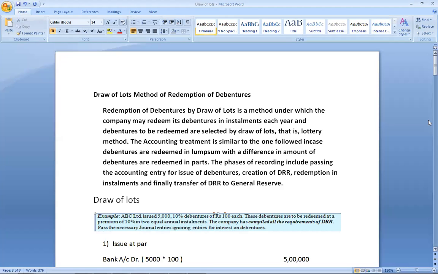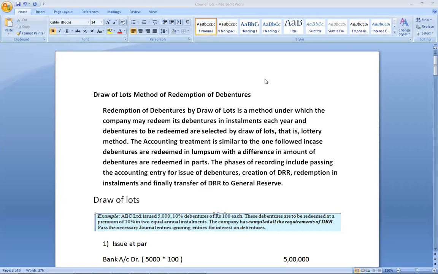We are paying back money in a bullet, okay, money at once in lump sum. But in case of draw of lots, we are paying the money in installments, and you can redeem the debentures by calling them in a lot. You can call the debentures with a lot, first lot, second lot, just like a lottery method. You will pay a few debentures earlier and a few debentures later. So there is a difference between the lump sum method and the draw of lot method. In the draw of lot method, we will use the lottery method.